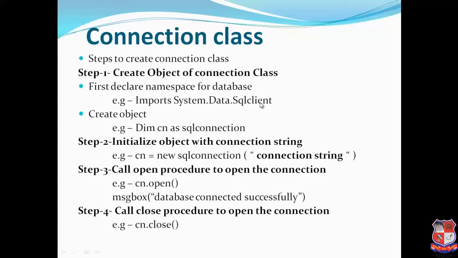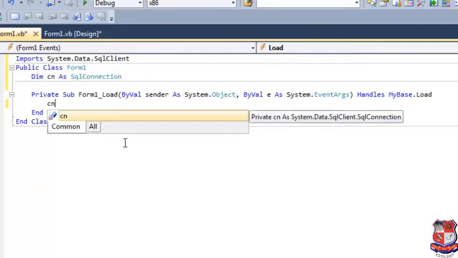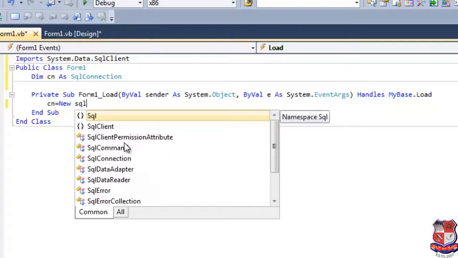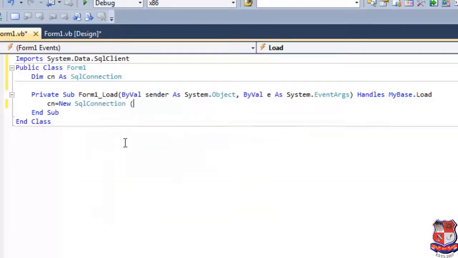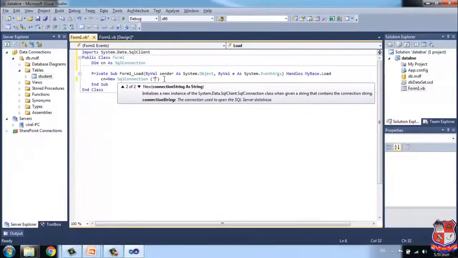Create the connection object. The second step is to initialize the object with a connection string. That means we created an object named cn, and we have to initialize it with a connection string. Our object name is cn equal to New SqlConnection, round bracket start, and in between double quotes we have to paste the connection string which makes the connection between database and our application.